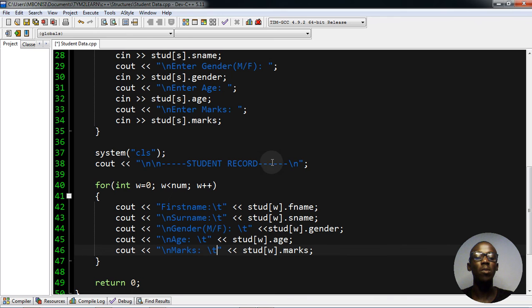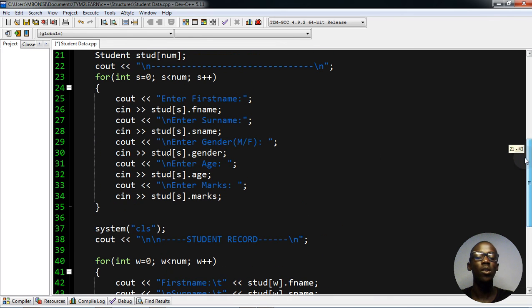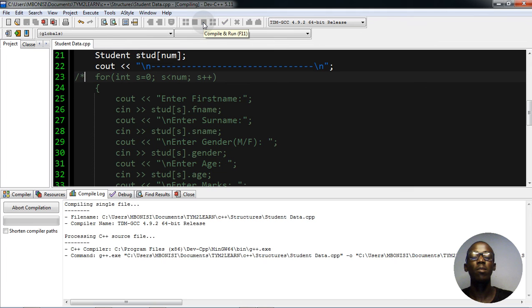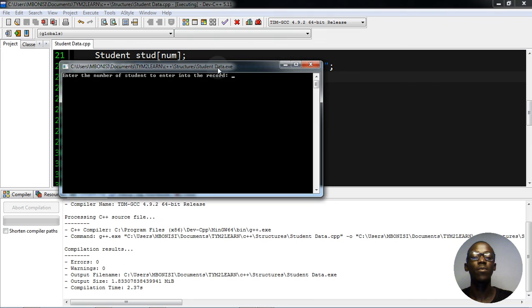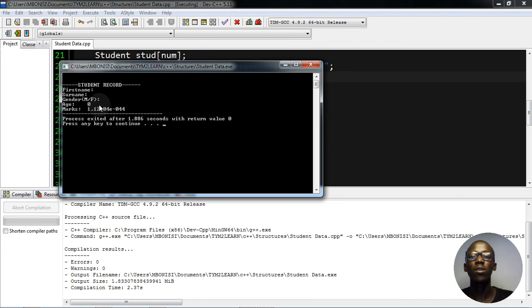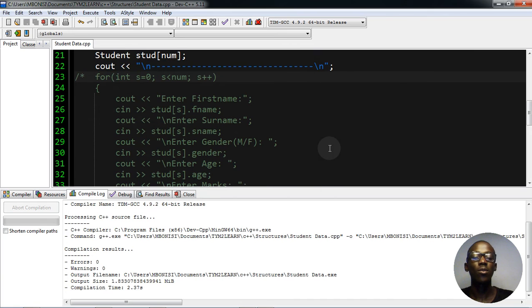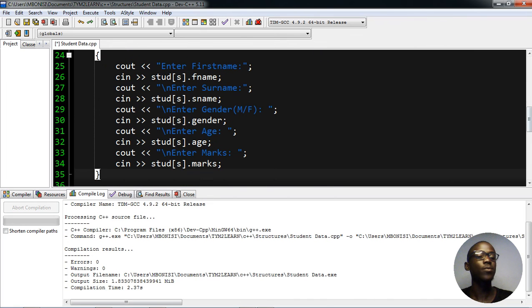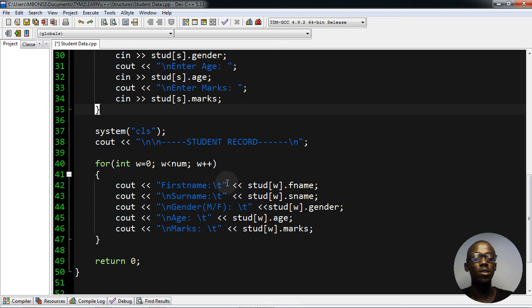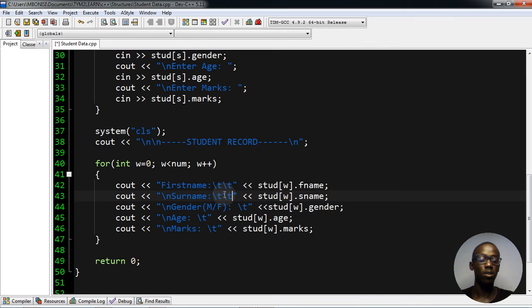Okay, so for me to be able to test it out, I'm going to comment this one out so that I can see if it's displaying nicely. Compile and run. Okay, one. It's not even yet, so let me just return. Let me close, and I probably should put more tabs here. Yes, and this one will require, I think, 3 of them. And now let's run our code,